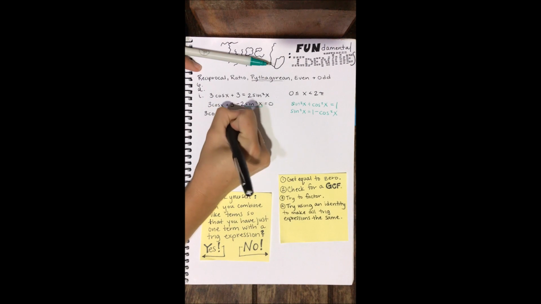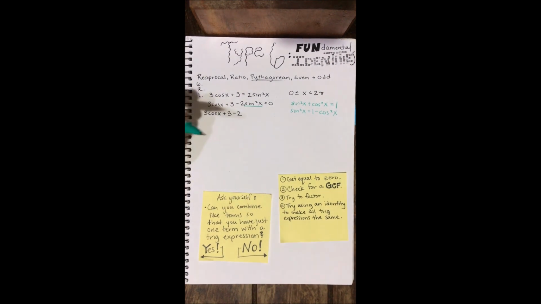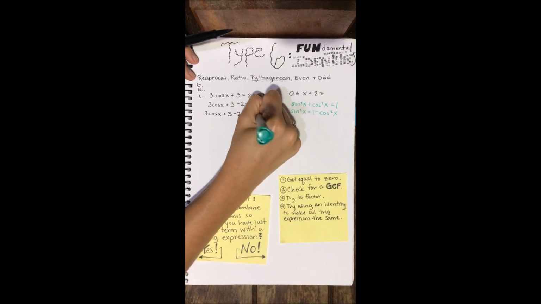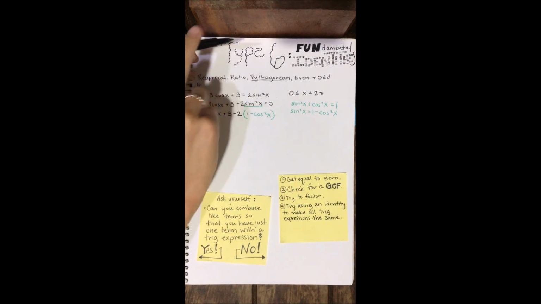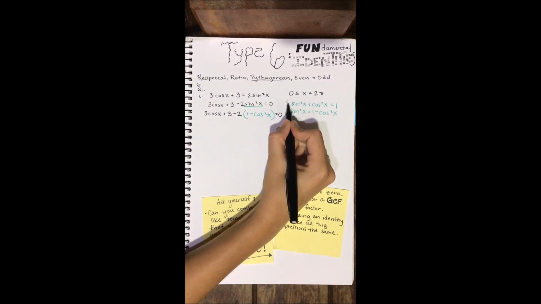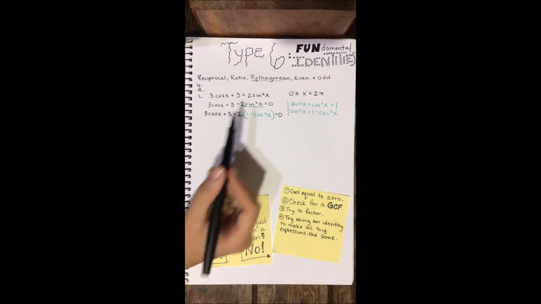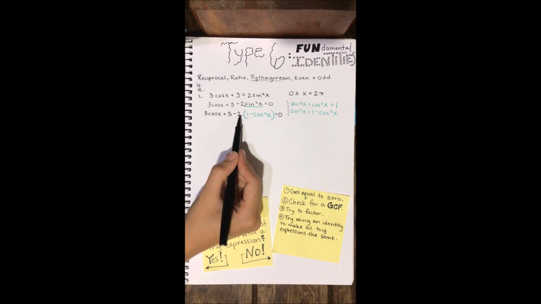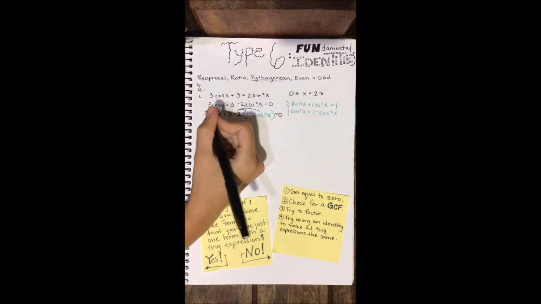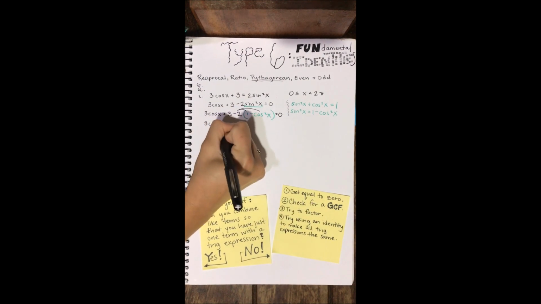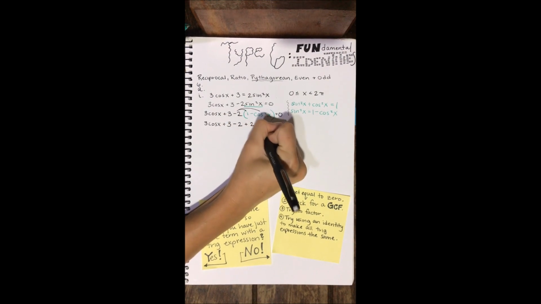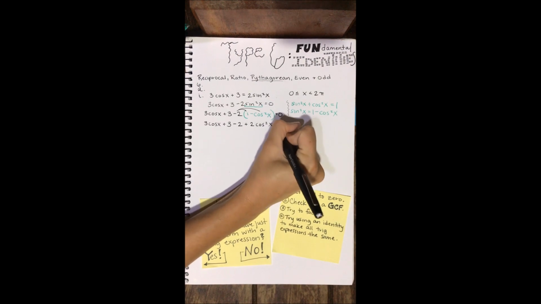Okay, so I'm going to change the sine squared. So I still have 3 cosine of x plus 3 minus 2. Now be super careful here. Use your parentheses. So I've got 1 minus cosine squared x, and then is equal to 0. Don't forget your parentheses because I need to distribute this negative 2 to both of these terms. So I've got 3 cosine of x plus 3 minus 2 plus 2 cosine squared of x is equal